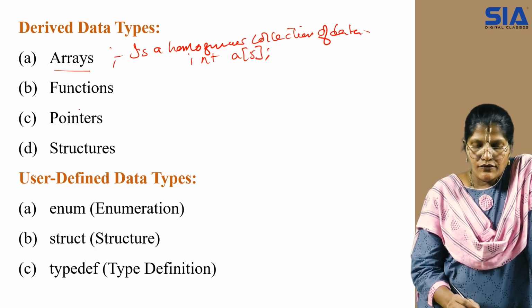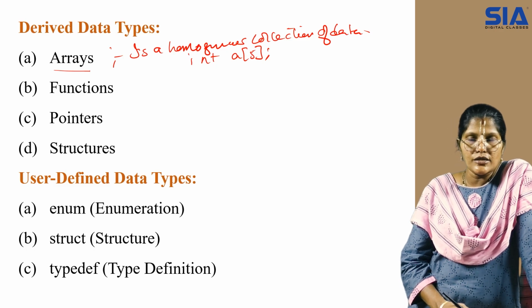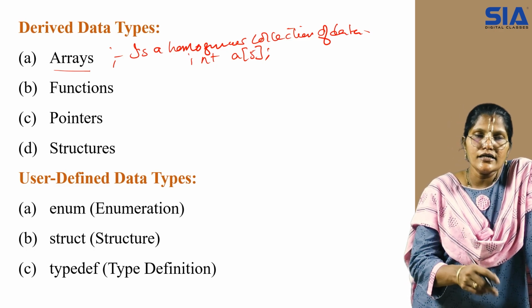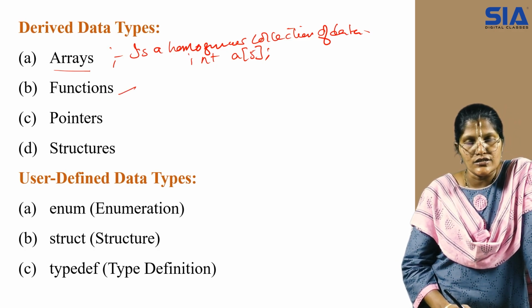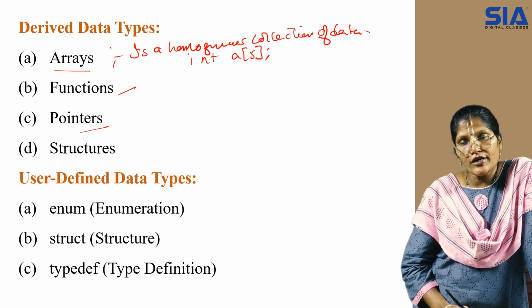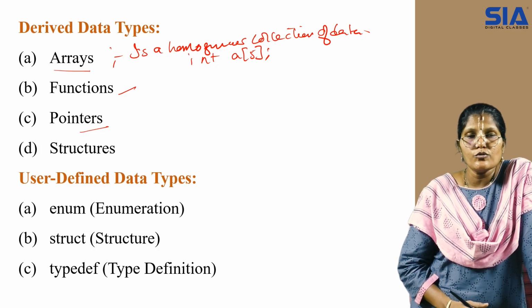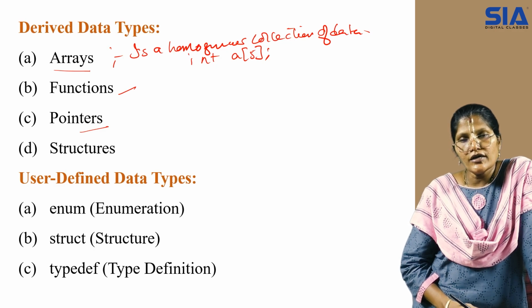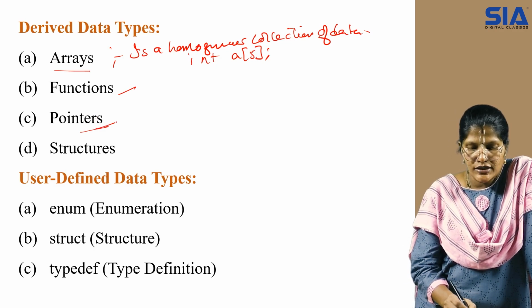Next, a function is a collection of a series of steps or tasks given in order to execute, and it will return a particular value. Again, we will cover functions at a later stage. Now what are pointers? A pointer will hold the address of another variable. Pointers are mostly used in call by reference, where we direct ourselves to address locations.